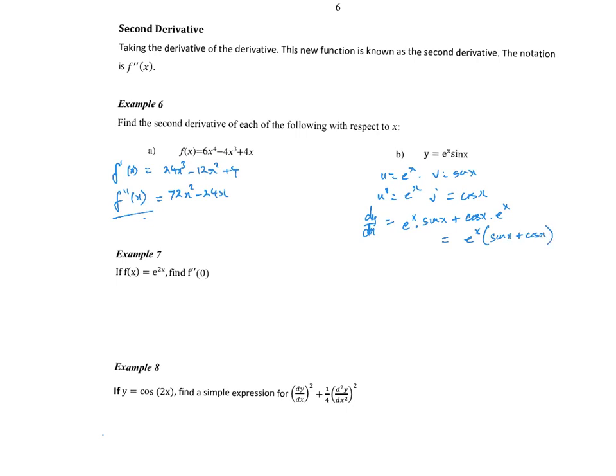So now to work out the second derivative, again, two distinct functions. If I put u equal e to the x, u dashed is equal to e to the x. If I put v equal to sine x plus cos x, v dashed is equal to the derivative of sine, which is cos x, plus the derivative of cos, which is minus sine x. So then in terms of notation, d squared y dx squared is equal to the derivative of the first times the second function,